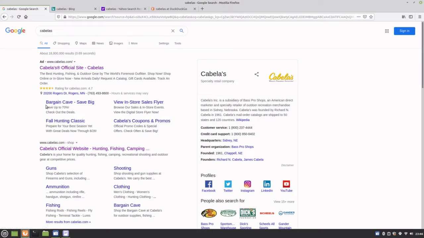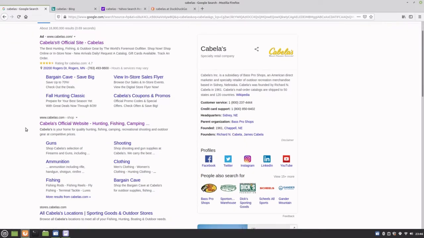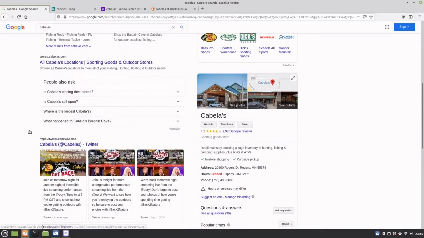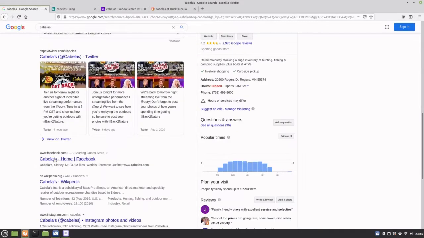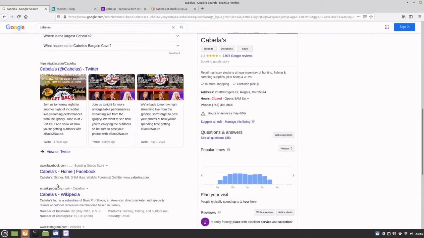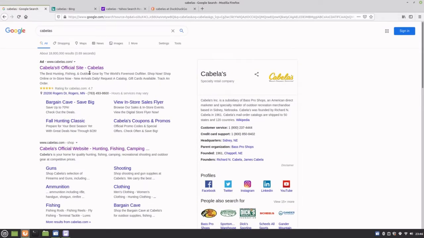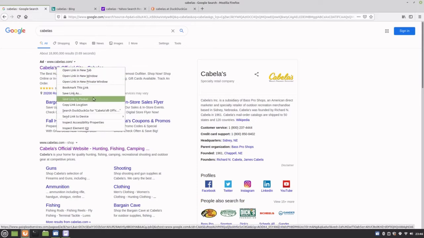But even when you go down to Cabela's.com, where it does not say an ad, get down below here. Facebook Cabela's, this is all the rest of the stuff that's related to Cabela's. But here are our 2 main options: is Cabela's official site, which is an ad. If you hover over it and you look down here, it'll say www.cabela's.com/shop/en. But if we right click on it and copy the link location, which that should be it,